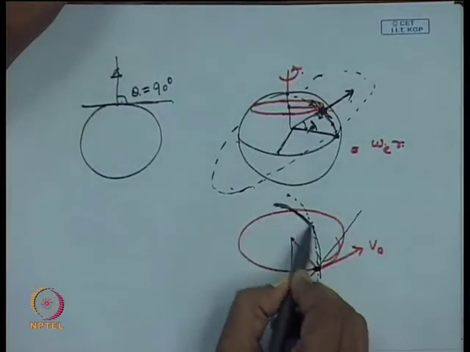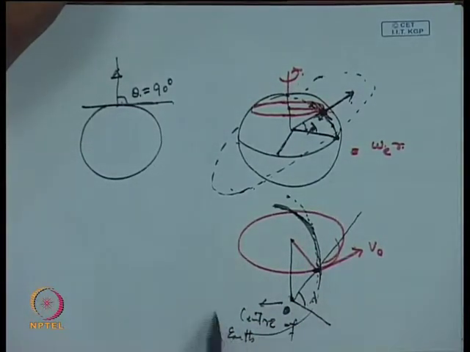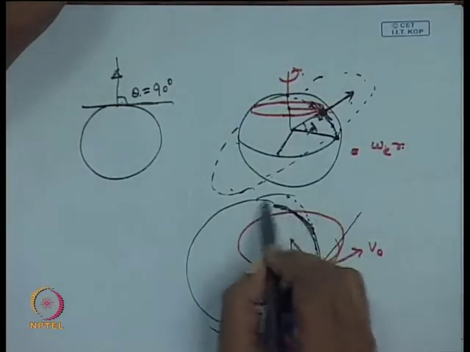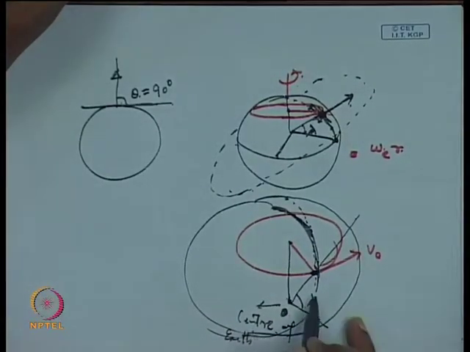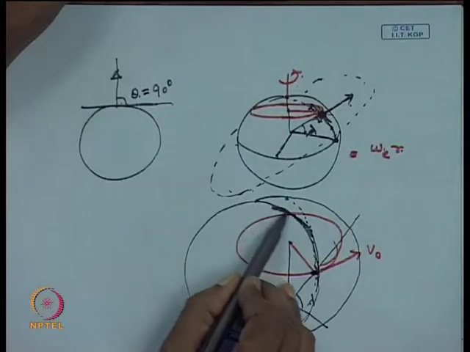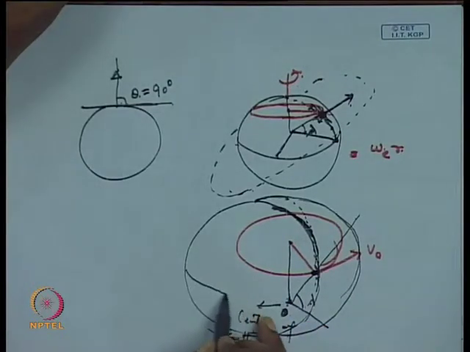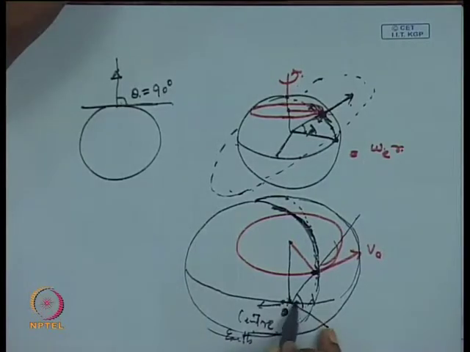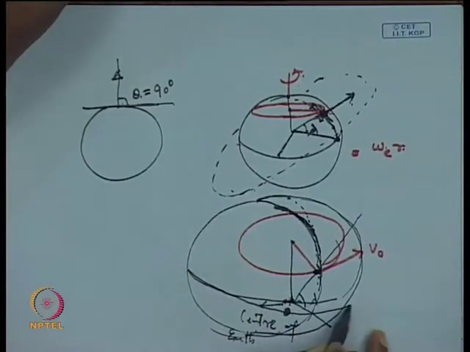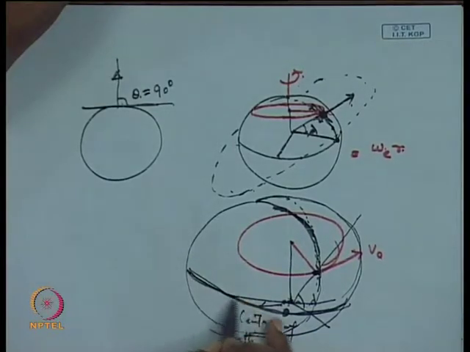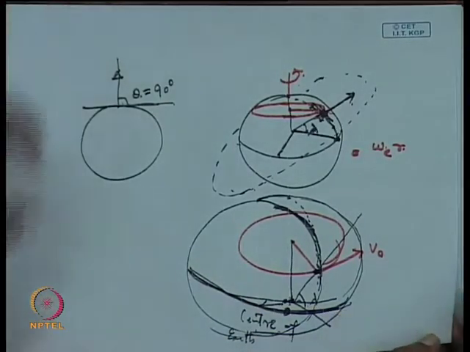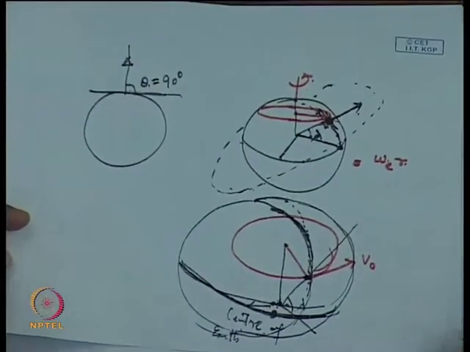So, this is constituting the surface of the earth, and this is the center of the earth, and your equator is somewhere away from this. The figure is not very good, so we can make another figure here.